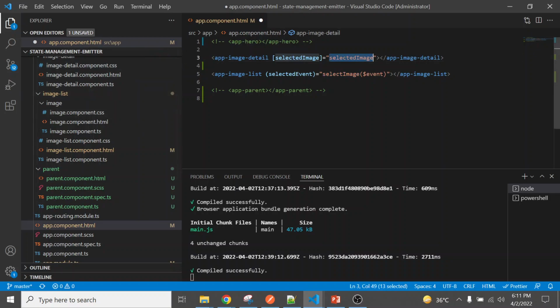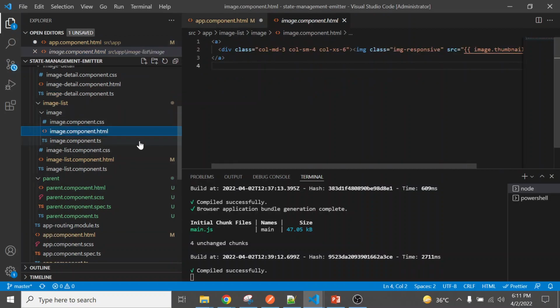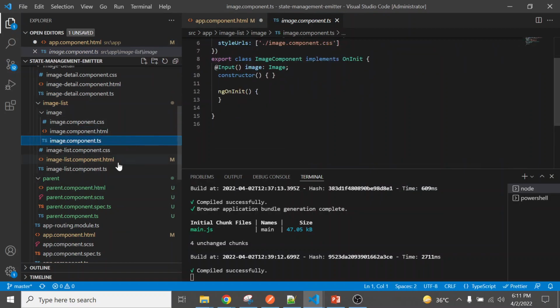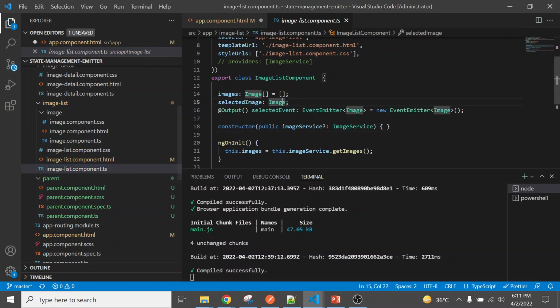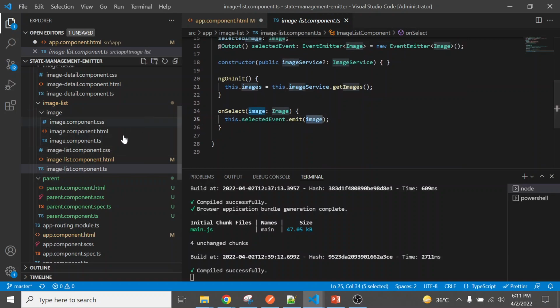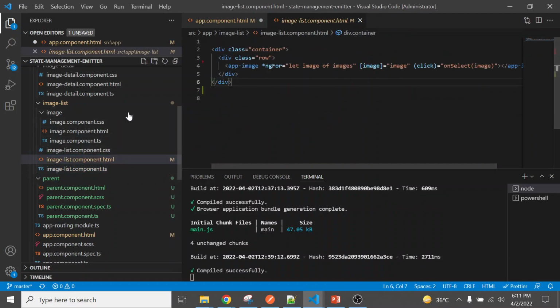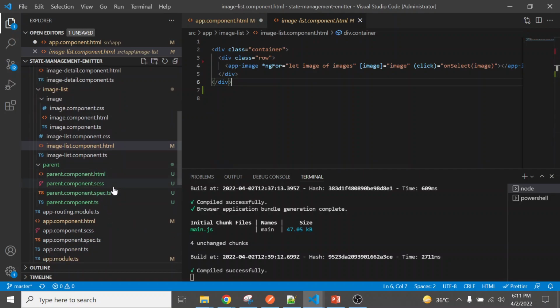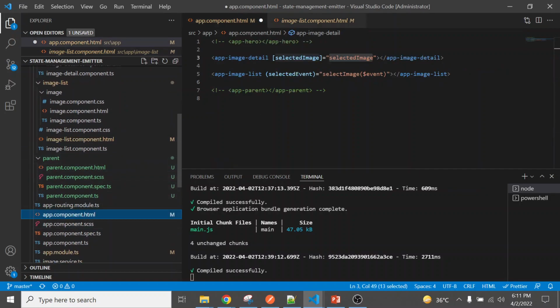Here the value comes when the user clicks on the image. We are emitting the image here, and with that image you can show the data. It is also used in passing data between sibling components.